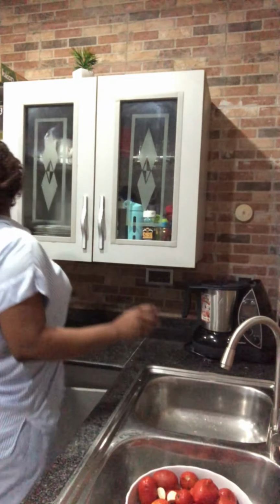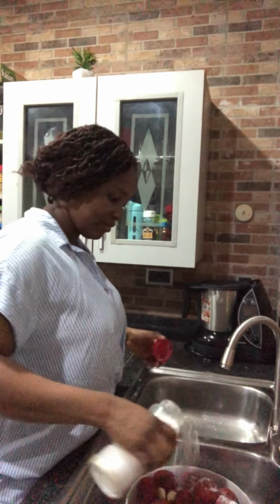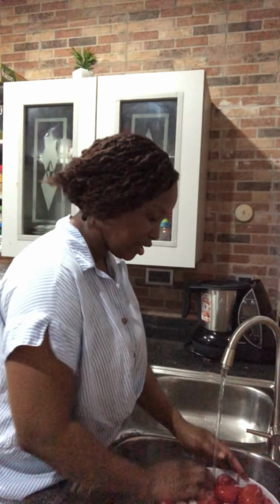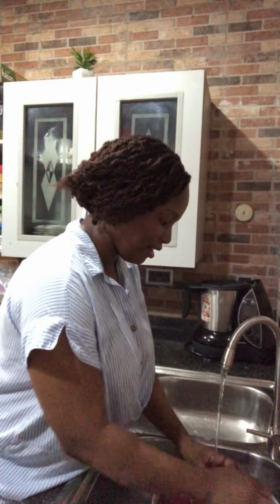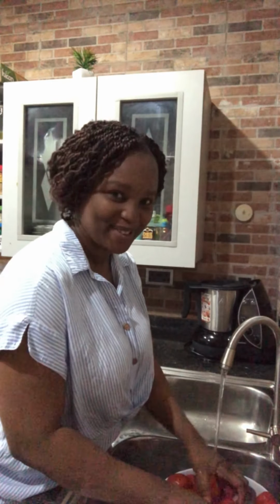Wash your tomatoes, wash them thoroughly. Wash them with salt if possible. Add a generous amount of salt to ensure that they are thoroughly washed and all the dirt has been washed off. Okay,